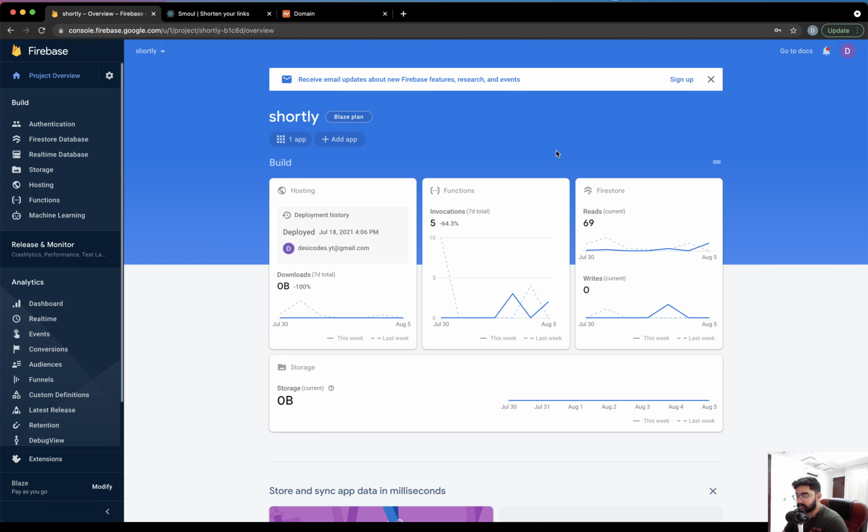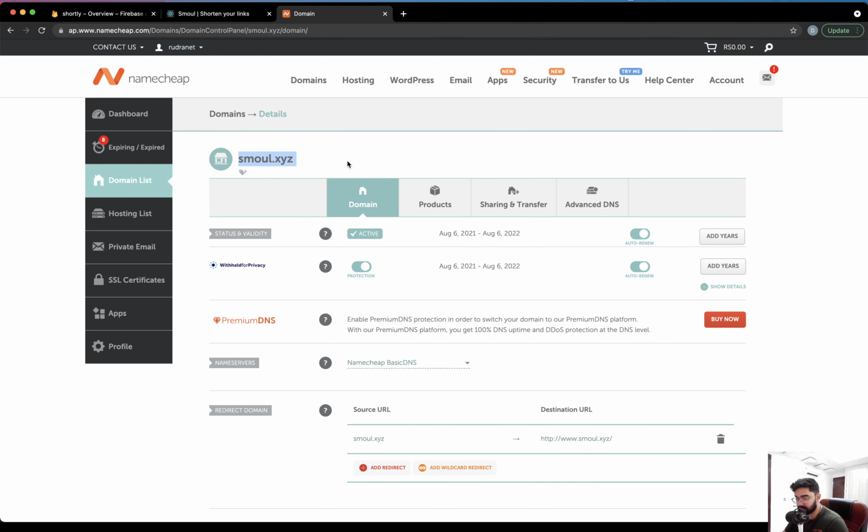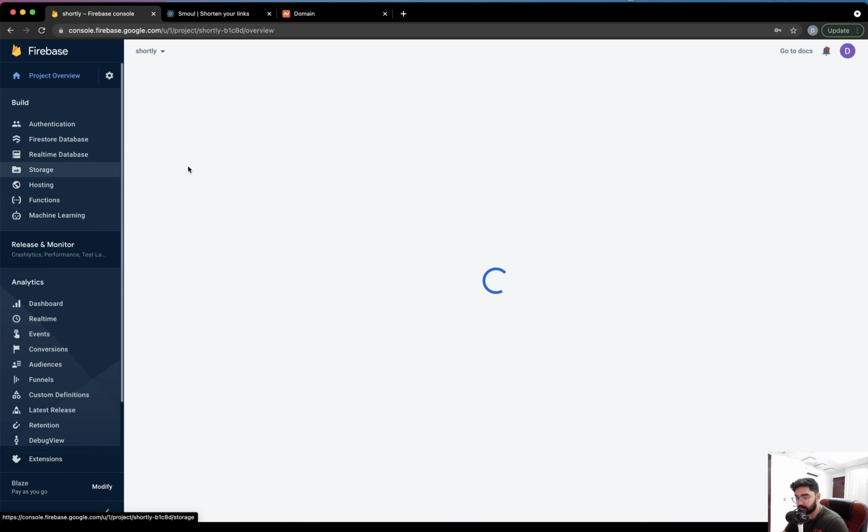Alright, so now let's connect a custom domain for the application which is currently being hosted from the Firebase project. For this, I just got a domain from Namecheap, which is this one, small.xyz, and I'm going to use this. So heading back to the Firebase project, within the Firebase hosting page, using this button, we will